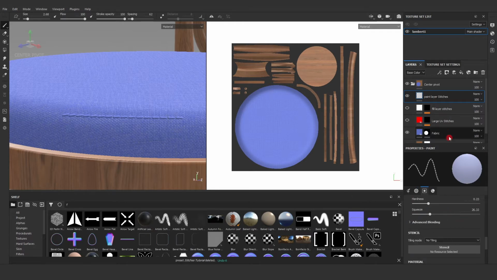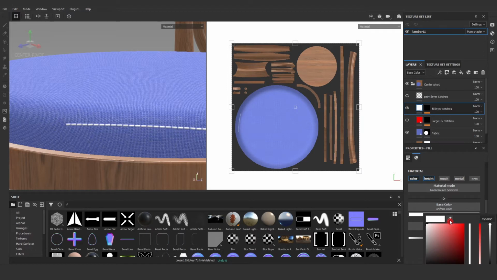I need to add a paint anchor point or levels, all those things. But in the fill layer, if I create stitches in white color and need to change to blue color, I can easily change it. In the paint layer it will not be easy, but it can be done by creating an anchor point and levels, but it is a time-delaying process, so we recommend the fill layer to create stitches.